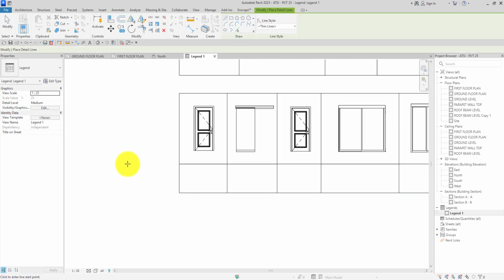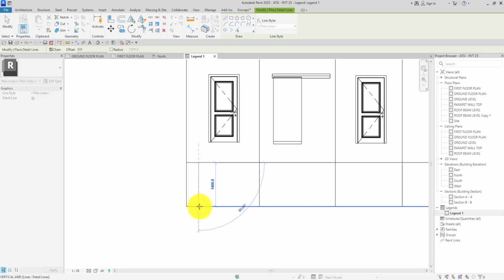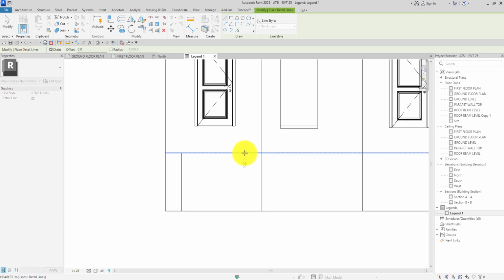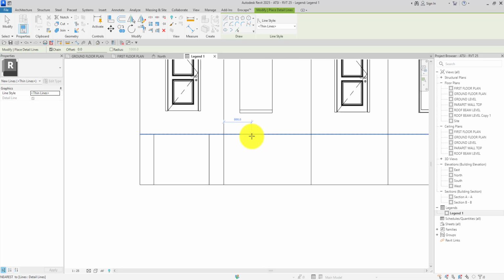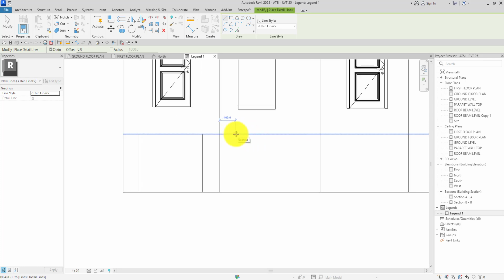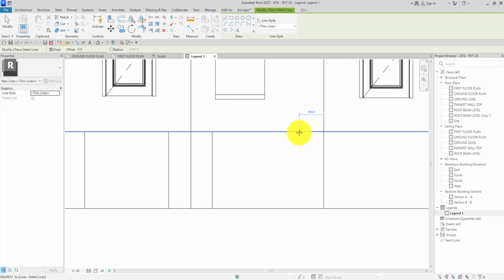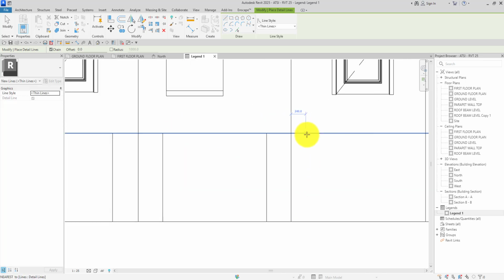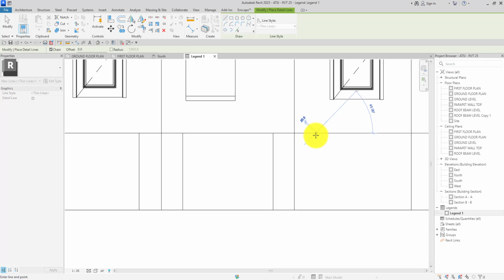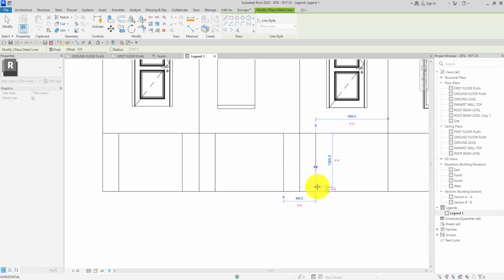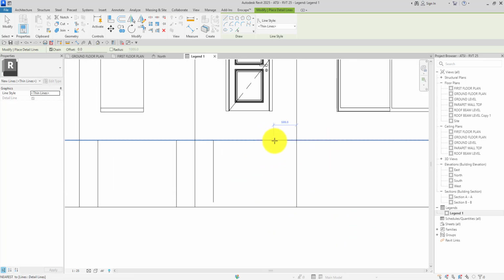So DL on my keyboard, and what you want to do now is you want to divide the spaces. You're going to find out why I'm actually dividing these spaces. So leaving us an offset of about 400. Make sure that the space you leave for one side is the same thing you leave for the other side as well. So leaving a space of 400 is cool. I'm going to drag that later,